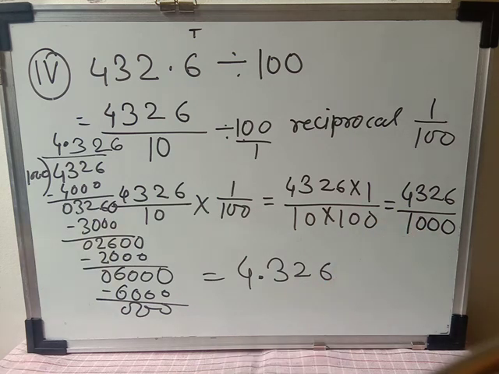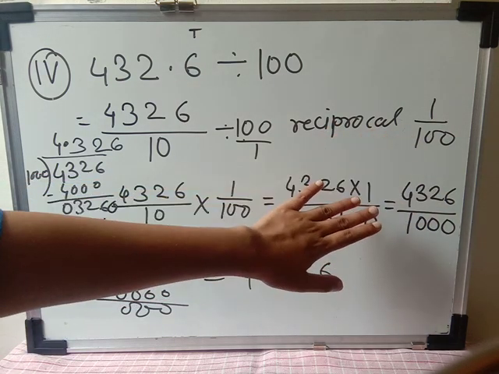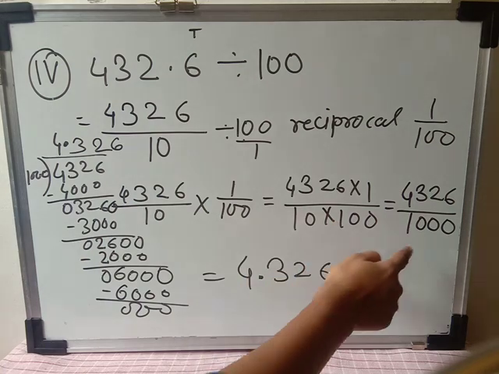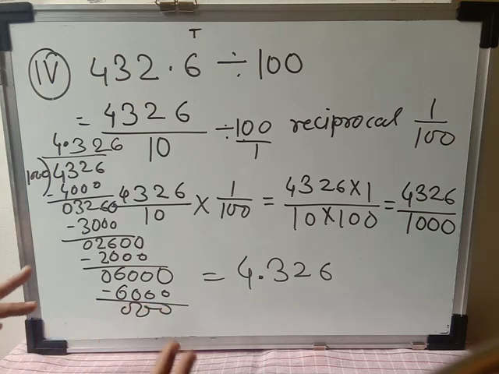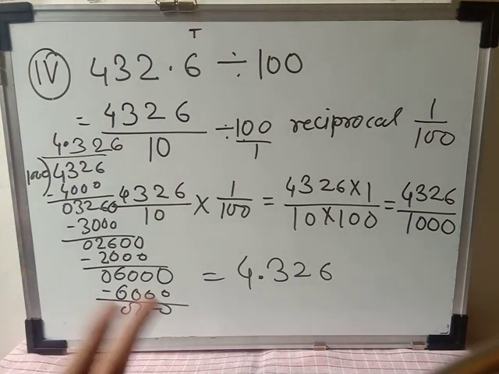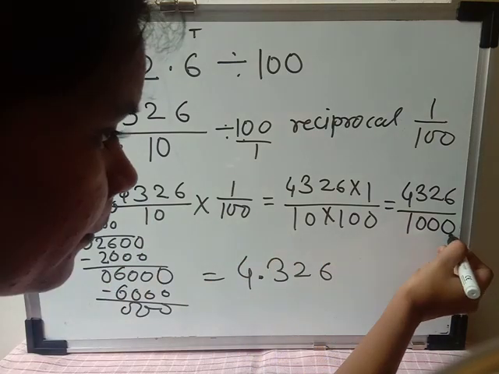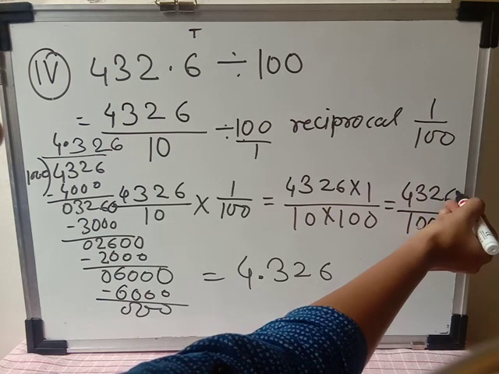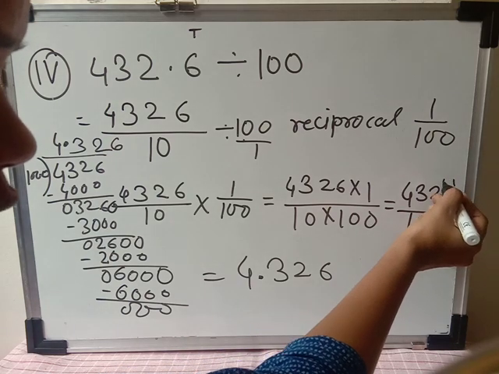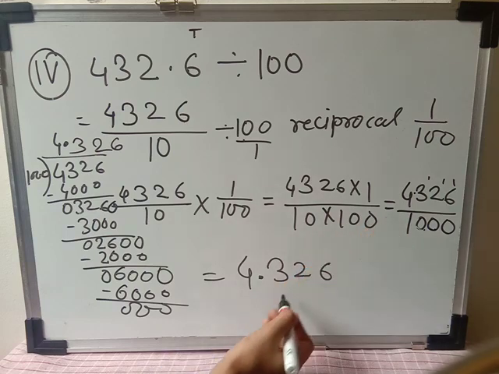डिनोमिनेटर अगर हमारा 1000 हो फाइनल आंसर में whenever you have to, means that is the last step of the division. So what you have to do, if the denominator is, okay, जो भी हम डिवीजन के लिए डिवाइड करने वाले हैं, जो भी हमारा ये नंबर है, वो 1000 हो या 100 हो या 10 हो, अगर वो हमें, without doing this one, we have to put the decimal. So what we have to do, you have to count the number of zeros, 1 2 3. Okay, so here from the right side we have to count the 3 digits. So 1 2 3 and put the decimal here, we will get the same answer.